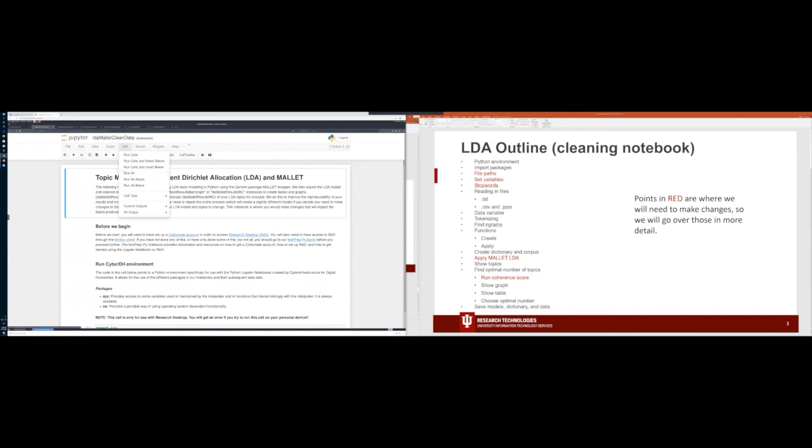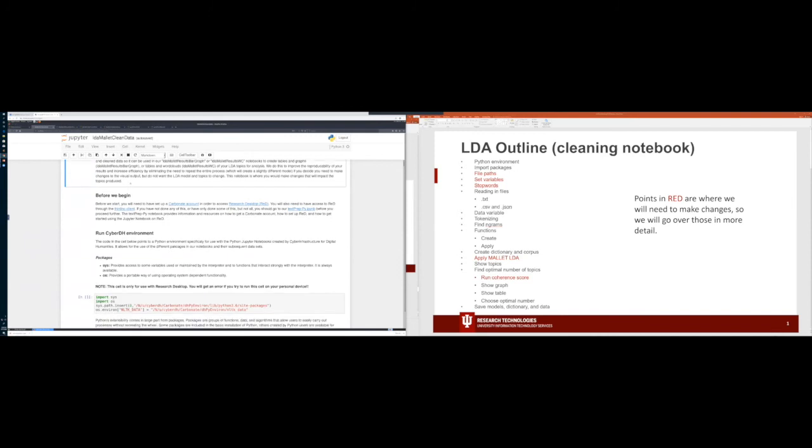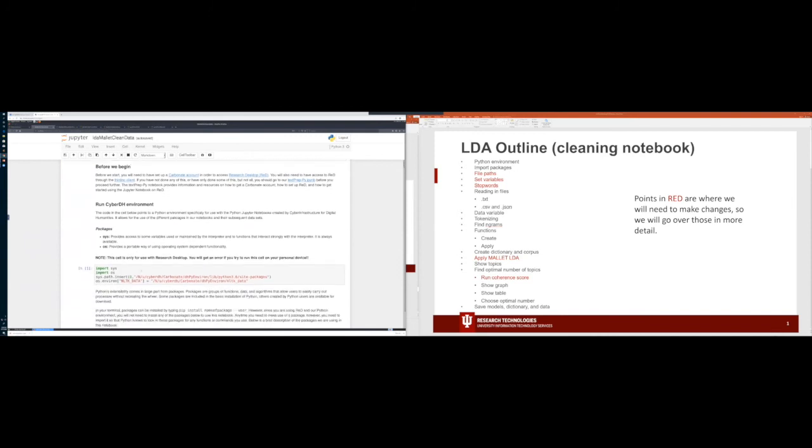The other option is you highlight the cell you want. In this case, I'll highlight the first one, and you can just come up and click the play button up there. The other way, which is actually my favorite, is if you just hit Shift Return, so Shift and then Return,